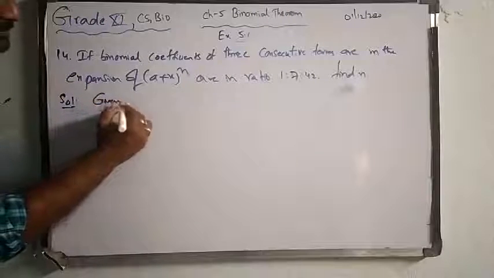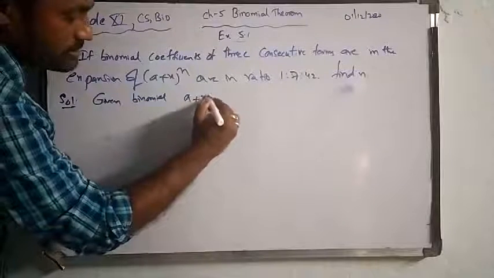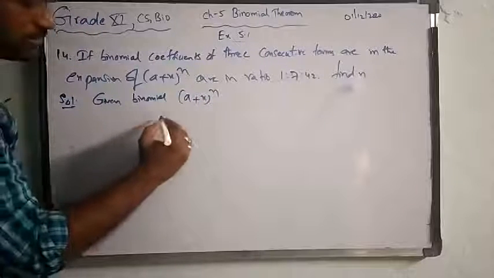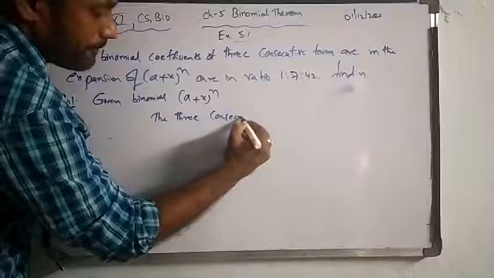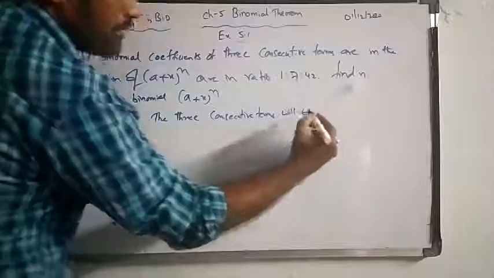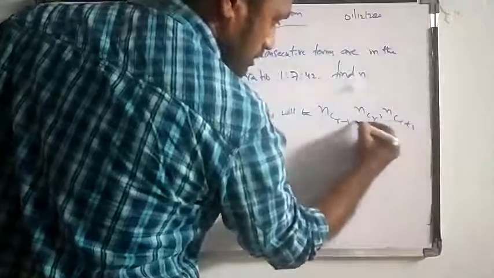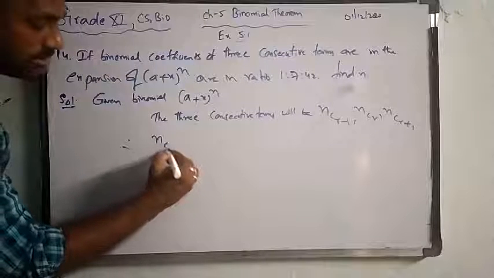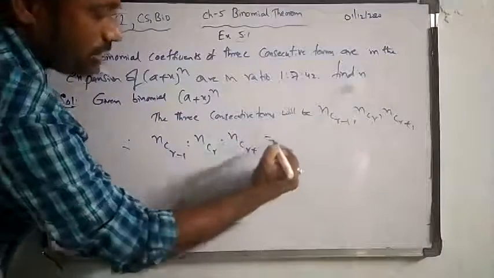So given the binomial (a + x)^n, the three consecutive terms will be nC(r-1), nCr, nC(r+1). So these are the three consecutive terms. Therefore nC(r-1) : nCr : nC(r+1) is equal to